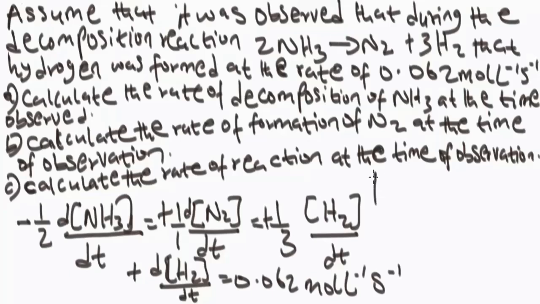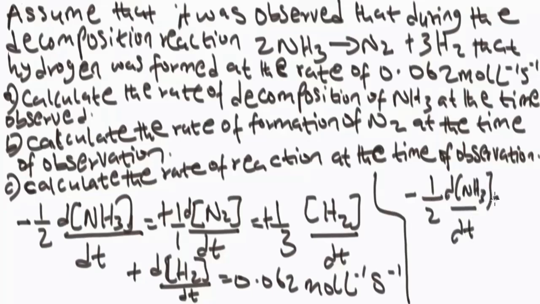It will be the rate of disappearance of ammonia equals the rate of appearance of hydrogen over dt. Remember we have plus here. So now to make the rate of disappearance of ammonia the subject of the formula,